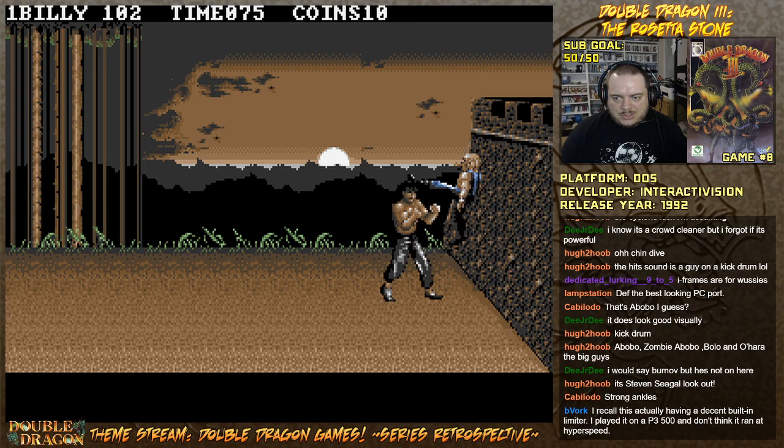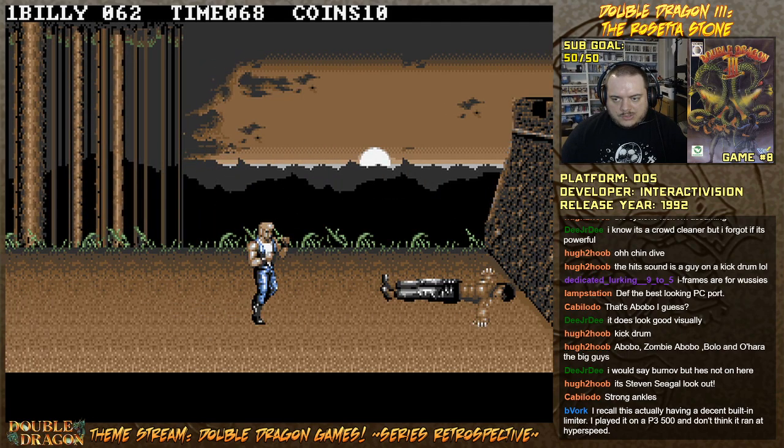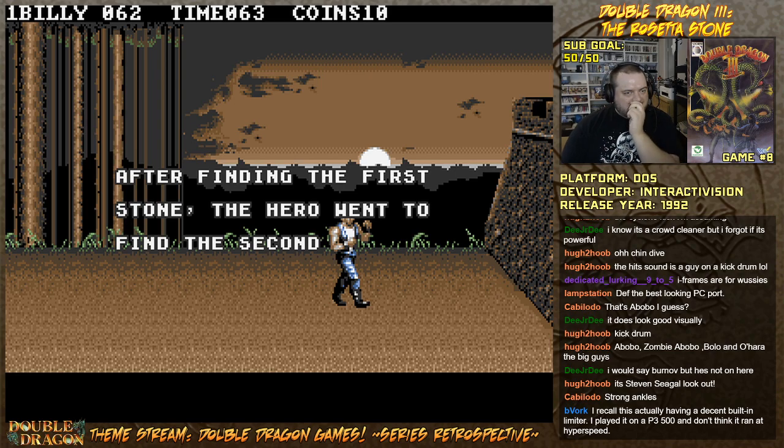Well, I wanted to try the headbutt, but it would have been wasted on this guy. Let's see if he actually brings out the tonfa. He didn't in the other home versions. He does in the arcade, of course. Nope, he didn't. Let's say burn off. Yeah, I don't think any...